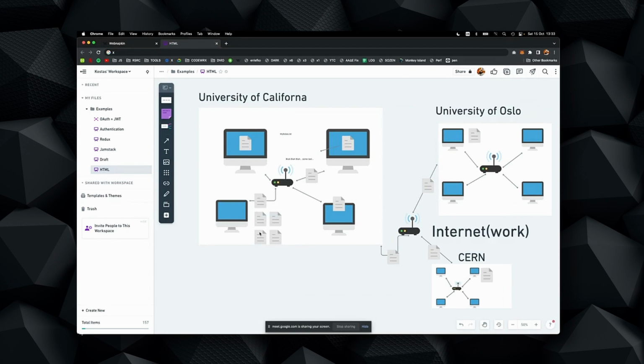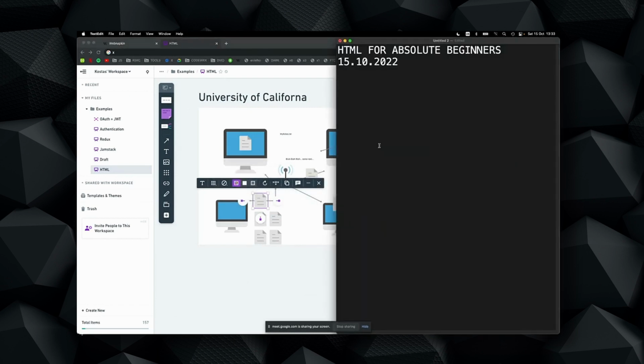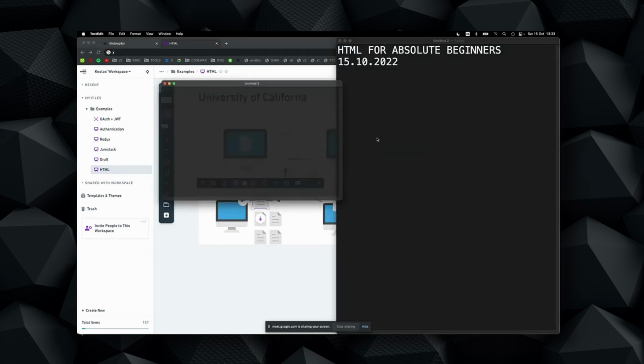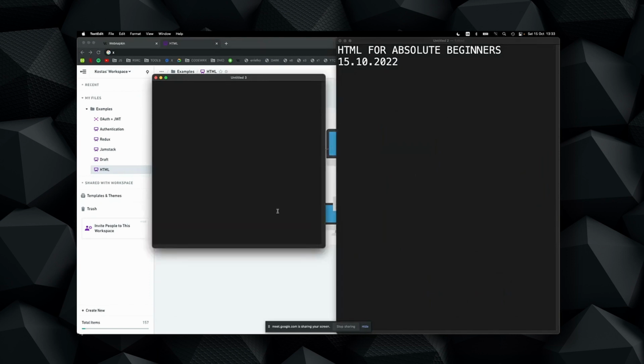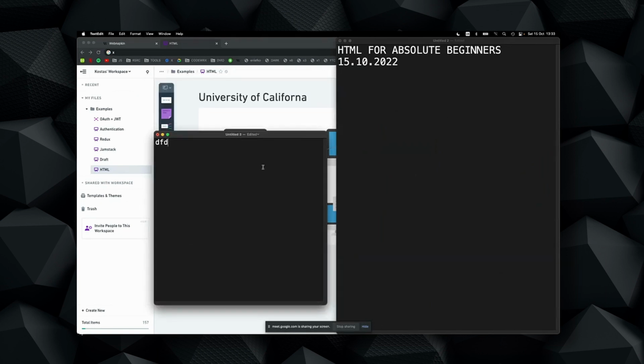So at this point, we realized that we could access one file. I could open one text file on my computer. I'm going to open a simple text editor, and I could connect to the University of California and download a scientific paper,